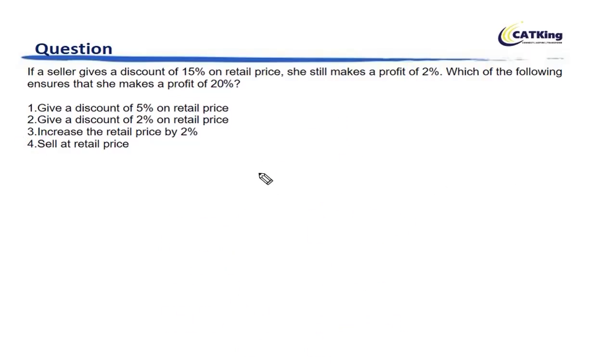Which is not much faster, but yes, you can still feel the difference in the time it will take. Okay. Start by taking a number which, when discounted by 15%, is still divisible by 1.02, right? Because you have to divide it by 1.02 to get to the cost price. So you'll have to think through before you start writing.